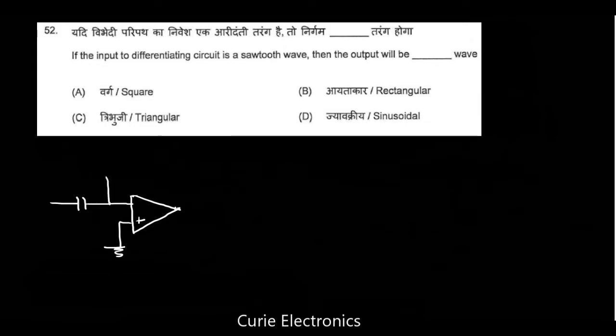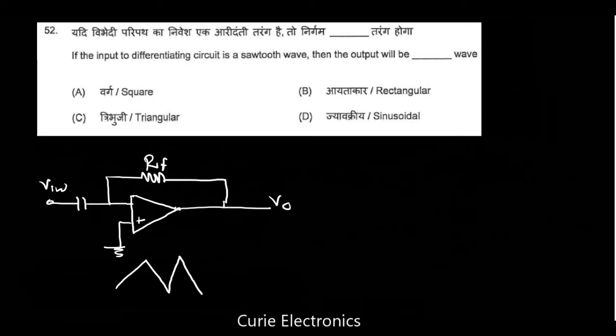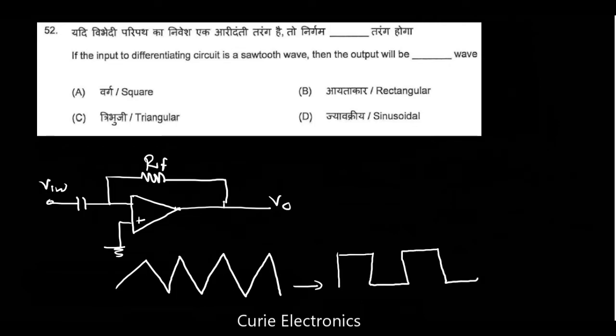Input side, the feedback input signal will be applied through a capacitor. This is the V out. This is the feedback resistor. Here we will apply the V in. And now to this differentiator circuit, if we give the triangular wave, we will get square wave. Output V out equal to square wave. Okay, it's square wave. Drawing is not proper.